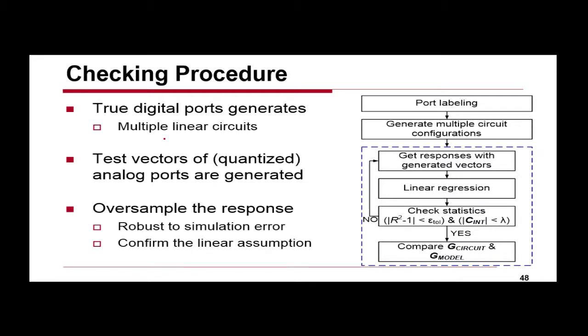If they're too noisy, we do more. If we can't get the linear regression to work, we complain to the user that, look, the circuit isn't really as linear as you said. If the regressions work, we then compare the outputted circuit and model transfer functions. And whatever you care about, power supply rejection, is in that extraction and is modeled in that. So you can then say whether your models are good or not.